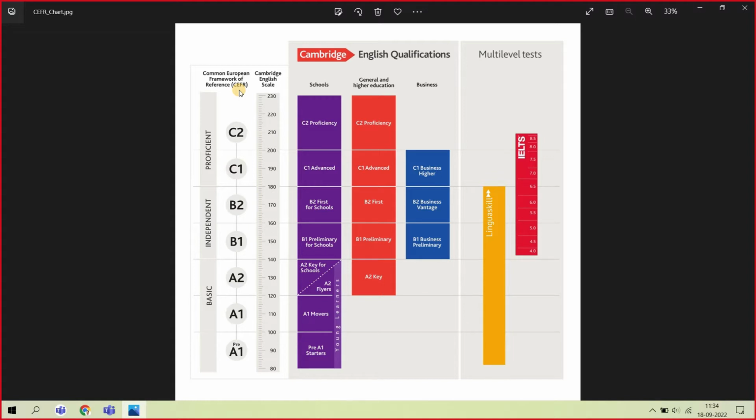Now, this is very important, and we can call it a scale to measure your language level. There are many schools which give more importance to this. Some people, even after coming to college, are not aware of this, but there are certain schools that stress on this, and at a very early stage, students come to know about these levels.